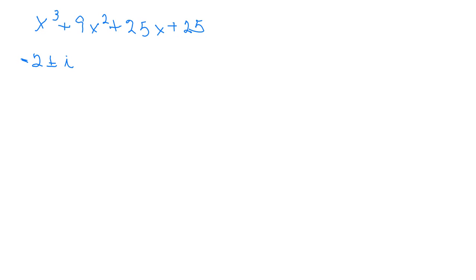Okay, thank you. Because what I'm going to show you, if you knew that that was a solution, it's a little more difficult, and I really believe that starting with the 5 and using the quadratic formula probably was the way to go with that problem. But if you were told that -2 plus i was one of the solutions, you can use synthetic division as long as all of the coefficients are rational, which means they can't have a square root or an i in them. So if you use 1, 9, 25, and 25,